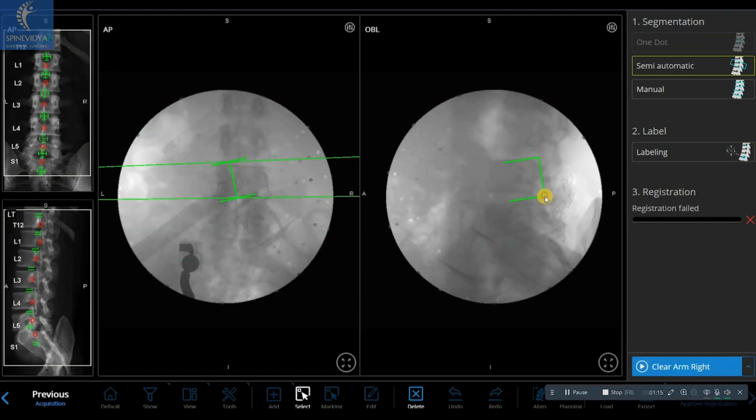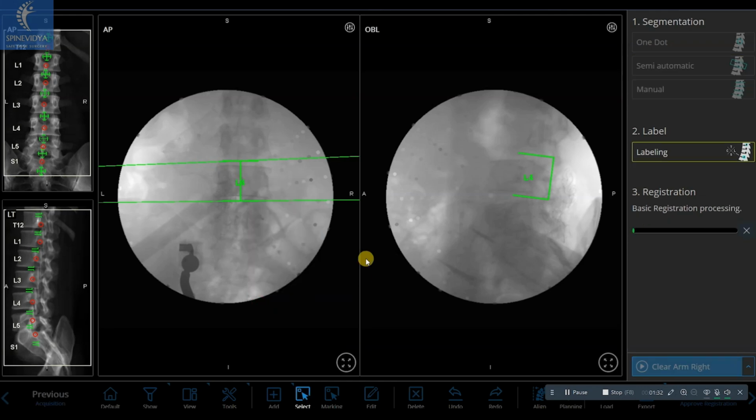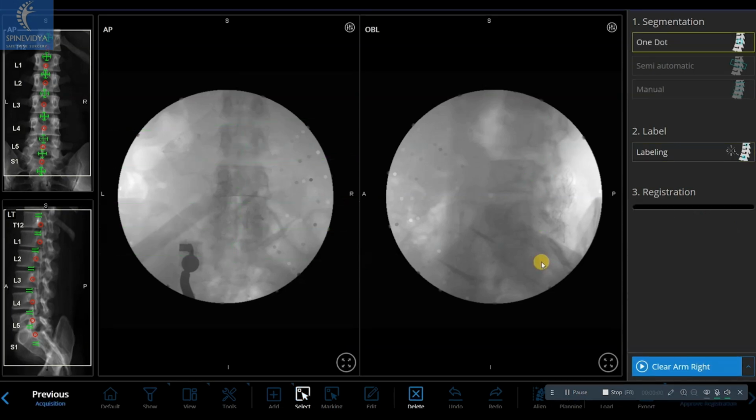The semi-automatic method involves drawing 3/4 of a rectangle on the oblique view to enclose the vertebra fully, with the line centered on the anteroposterior view. Correct labeling is crucial for successful registration. If other methods fail, manual segmentation can be attempted, but it is less reliable and may result in fluoroscopic images